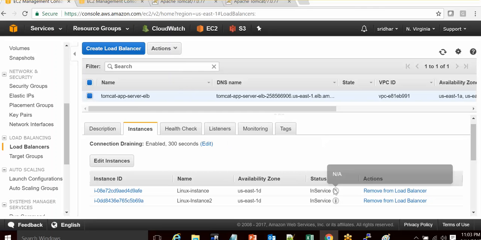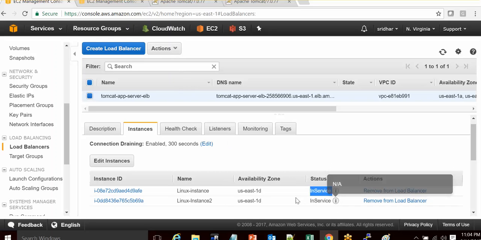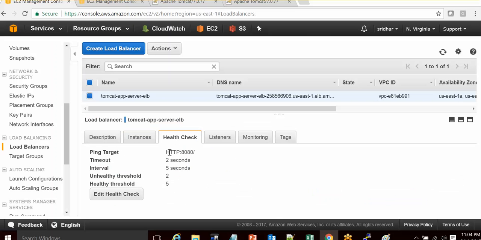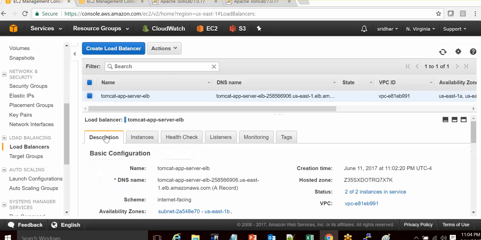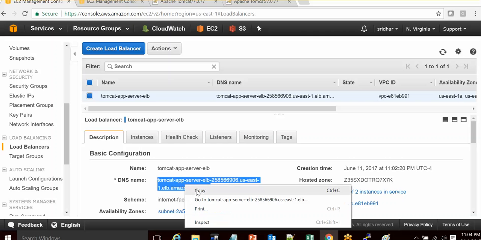Okay, now the two instances are showing as in service, so no errors. And if we go to health check, this is the health check information which we already gave at the time of creating the load balancer. Now, to see if the load balancer is responding properly or not, I'm just going to access this on the browser. So I'm just copying this,